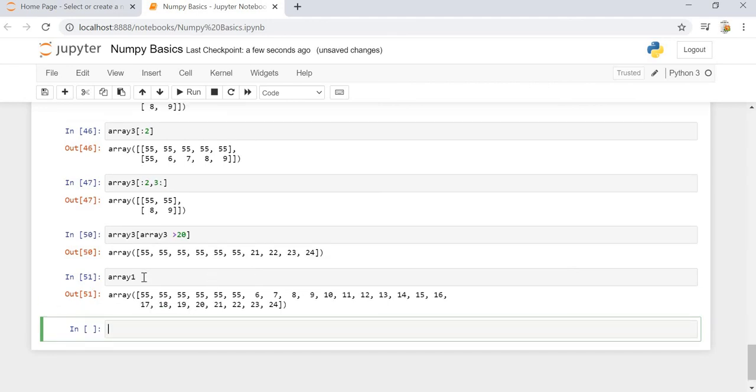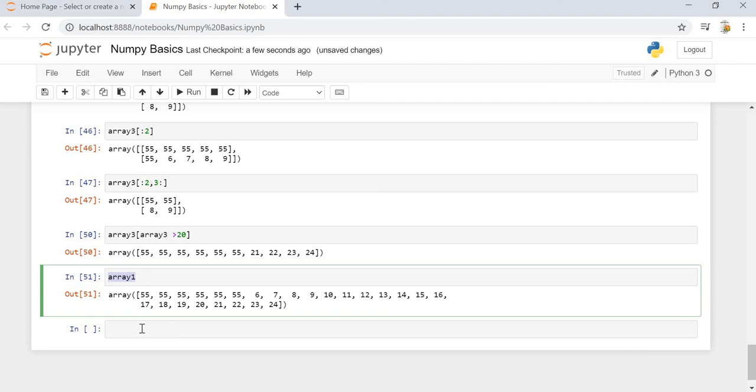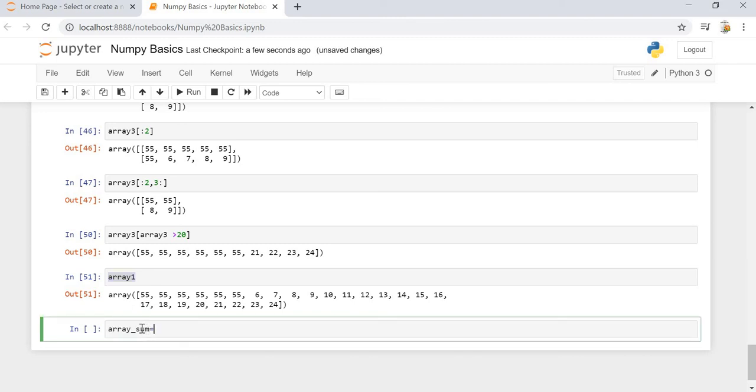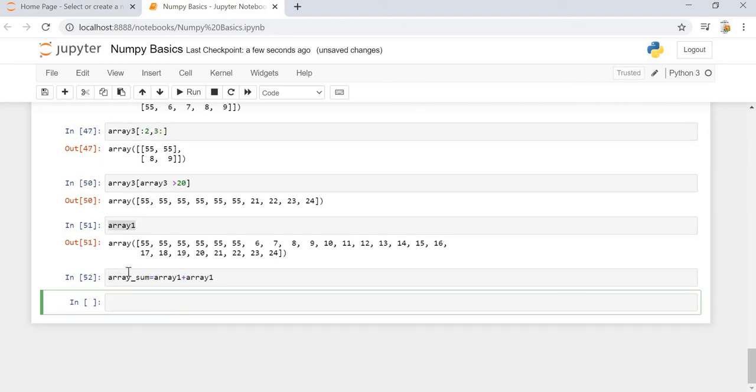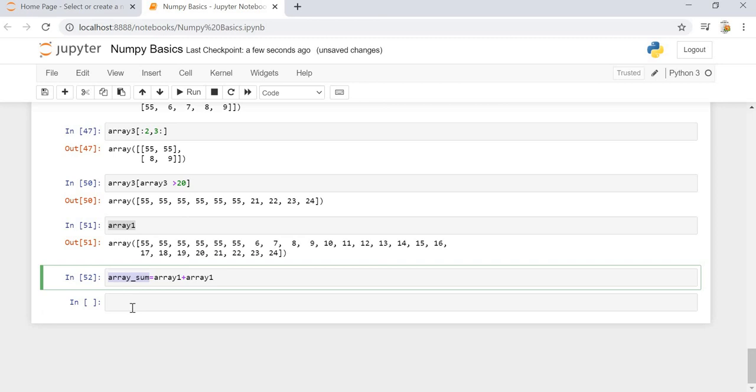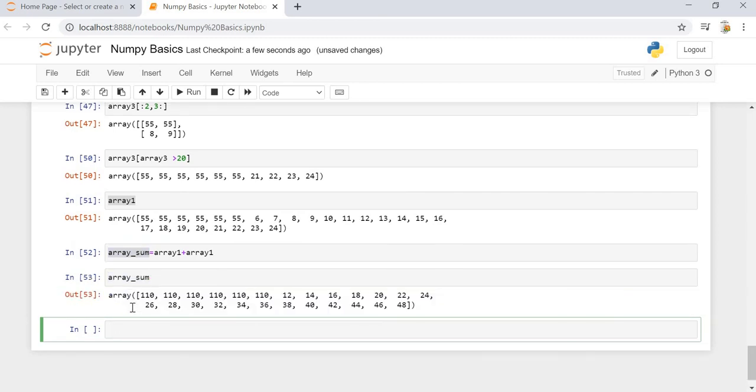What we can do is say array sum, array1 plus array1, gives us array sum, and we can print the array sum. Here each and every value in array1 will be summed up, and it will show us the sum value.